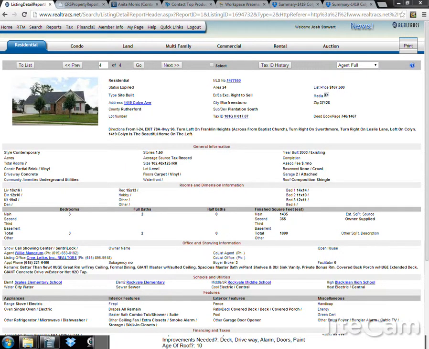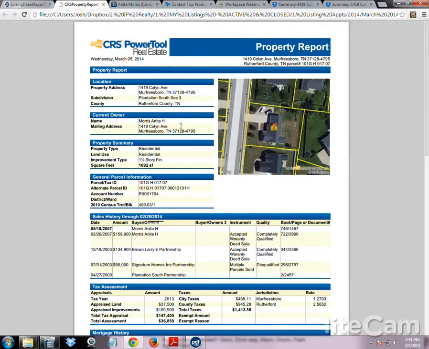Okay, so now for the second part of this tutorial, let's go back to what we were doing. In the last tutorial, we were wrapping up by saving this to PDF in the correct Dropbox folder. So we've done that, and the reason I need you to do that is that every listing presentation I go on, when I'm meeting with a client, I'm going to show them this, and the reason is, you see where